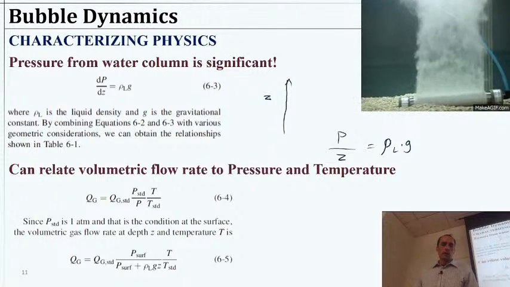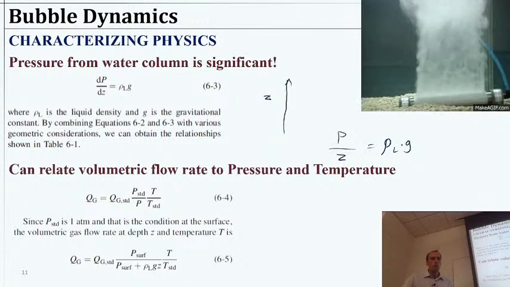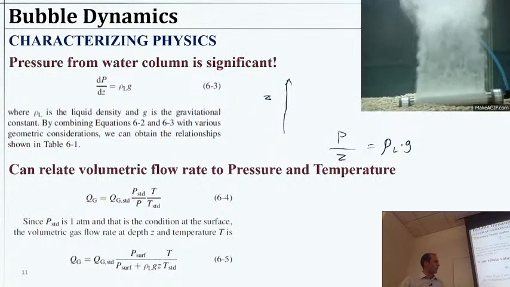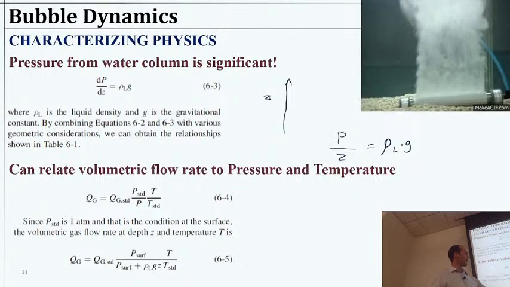That's a condition at kind of sea level. And the volumetric flow, Z is the depth. T, of course, is the temperature. Okay, so we have these standard conditions, and we can expand this by saying